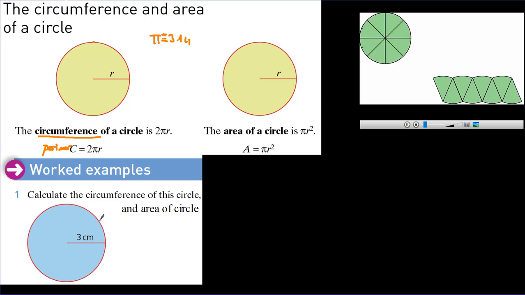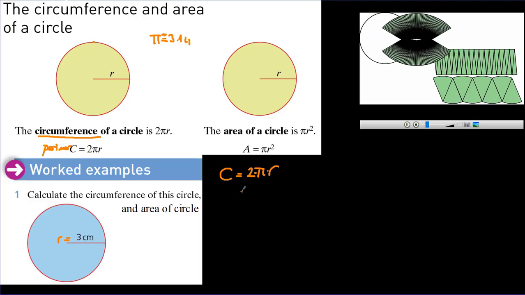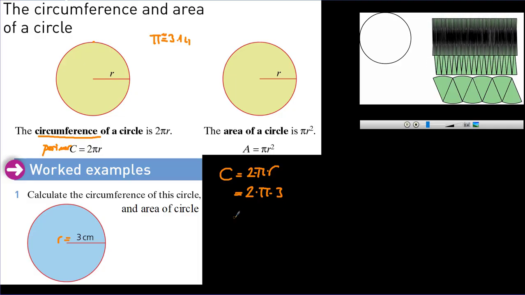Here I'm going to solve the questions, and I'm going to calculate the circumference of the circle by using the radius. The radius is given in this question as 3. So circumference is 2 pi r, which means 2 times pi times r, which is equal to 2 times pi times 3, and it's equal to 6 pi centimeter. 6 pi centimeter means 6 times pi, which is approximately, if we accept 3.14,